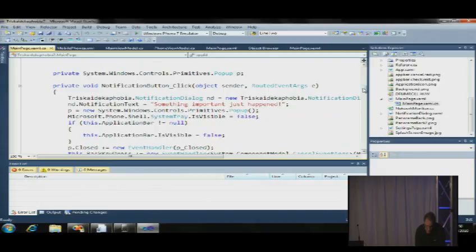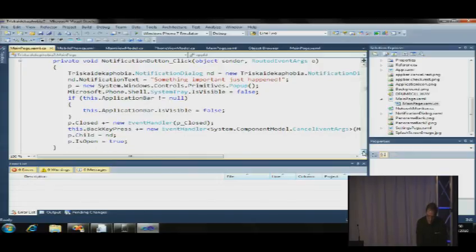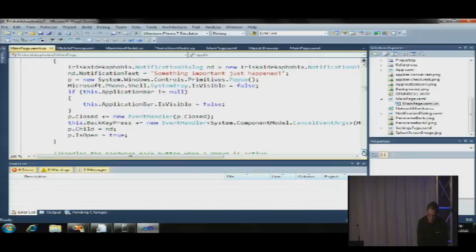So what we do when the button's clicked, we create a new notification dialog, which is actually a user control, which has everything in it that we want to display. We've set a property on that, so we just said something important has happened. And then we use the built-in type, which is the pop-up type. And there's a few extra bits there. We've decided that when this pops up, we want to hide the system tray if it's currently showing. And also if the application bar is visible, we'll hide that as well,